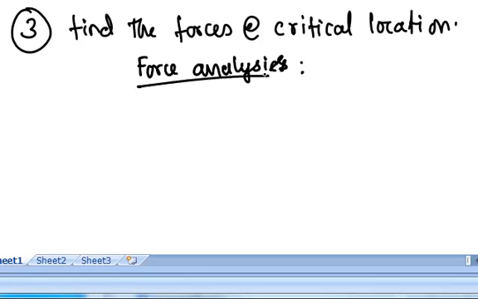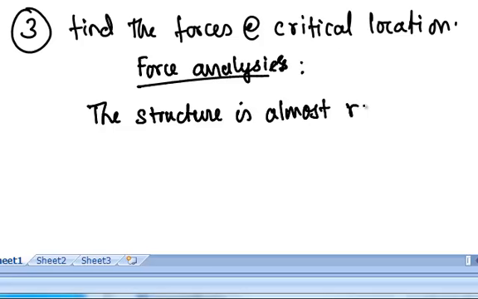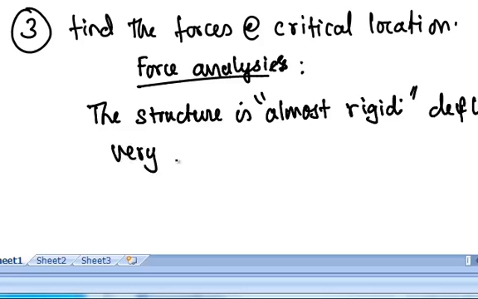By the way, there's one fundamental assumption that we make when we do this force analysis, which is that the structure is almost rigid. Deflections are very small. See, you already made a choice of material when you say this, because